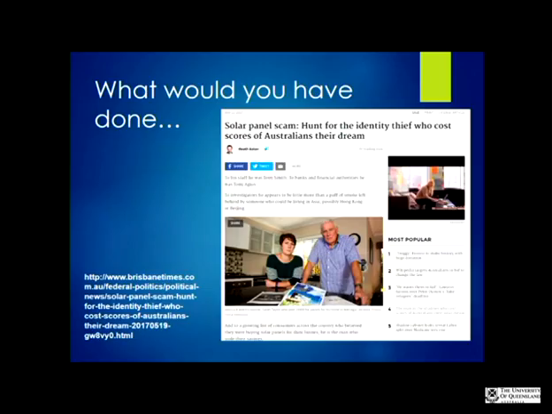So he managed to extract about $500,000 out of his account. He then brought in the liquidators in the hope that it would free up the other $500,000 in the account, and that's when the administrators' alarm bells started going. They were like, hang on a minute, and they reported it.